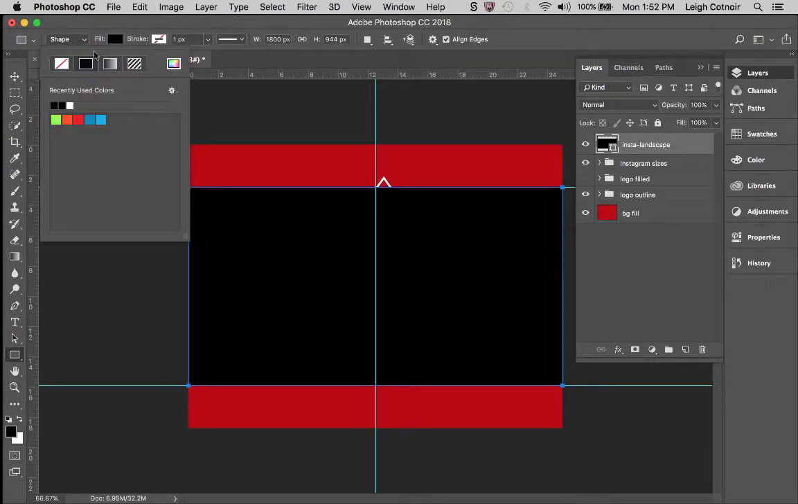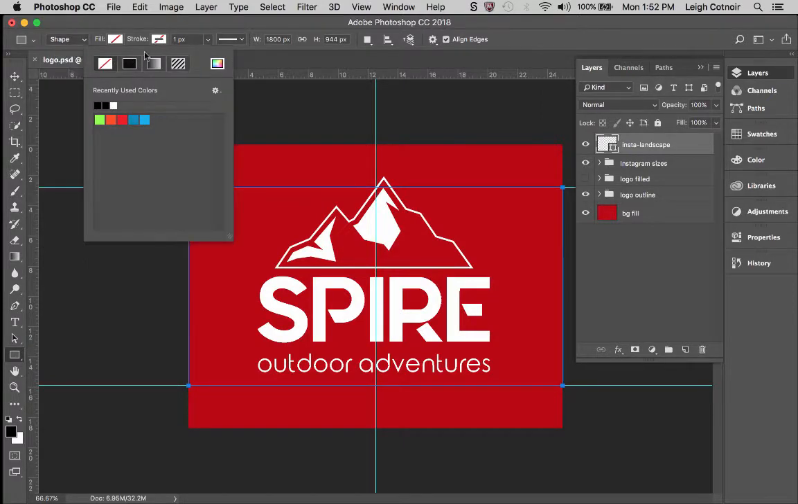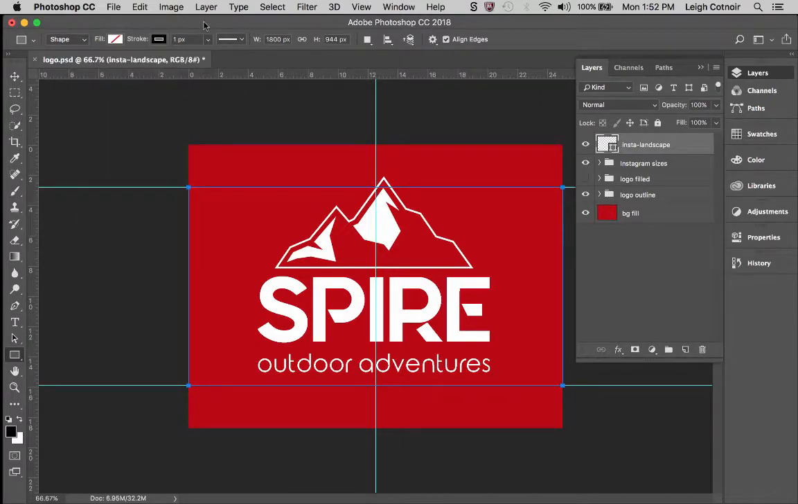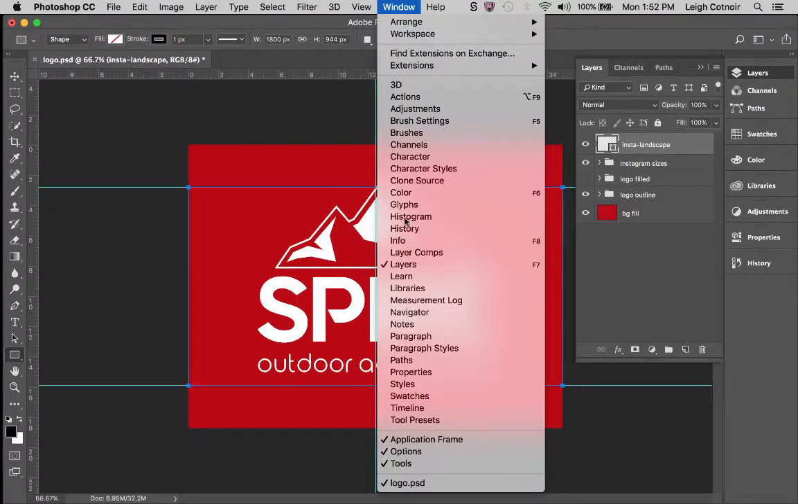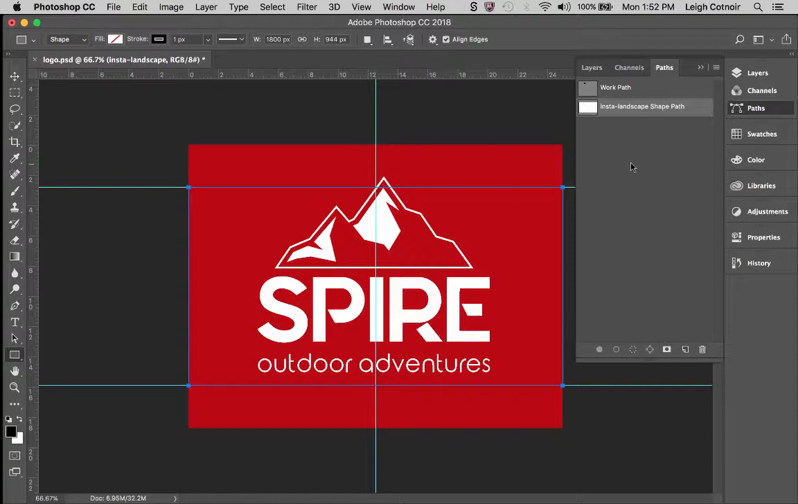Let's change it so the fill is clear and the stroke is black, so that we could see a stroke if we needed one. Anyway, I can take this and create a marquee path out of it. So let's do that. If I jump up here to Window, I can go to Paths, and because I currently have my